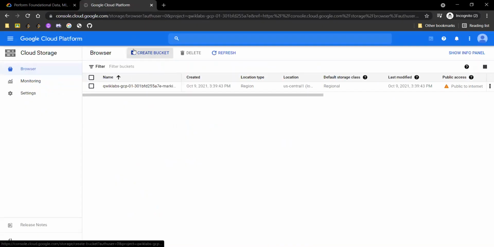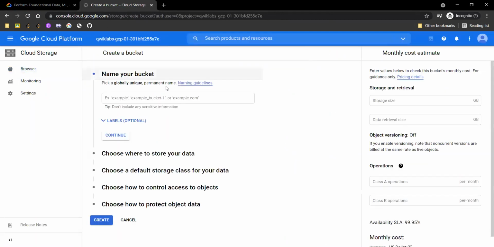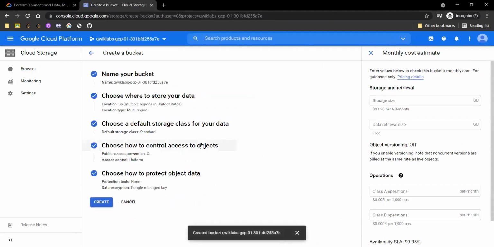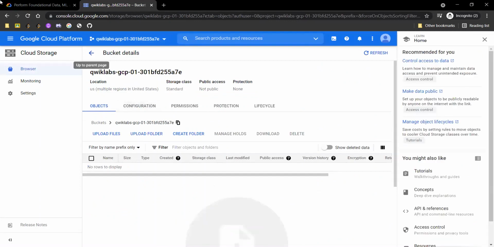Click on create bucket, copy your project ID from here, name your bucket as your project ID and click on create. So you have created the bucket with your project ID as the name.